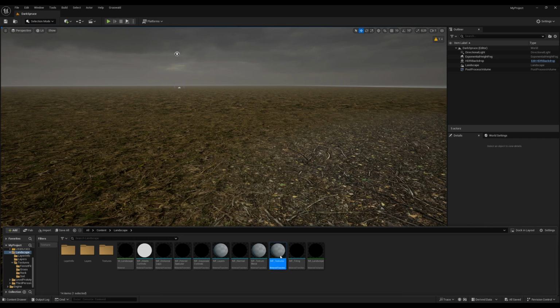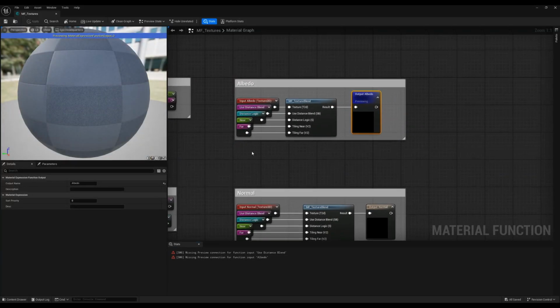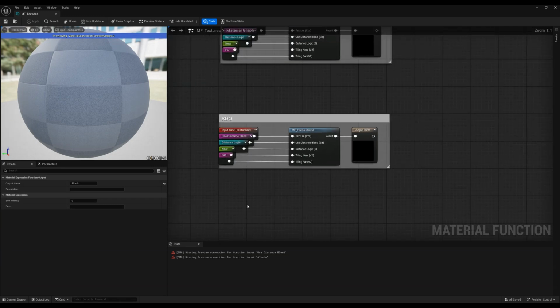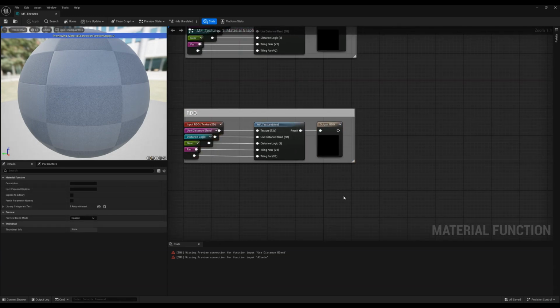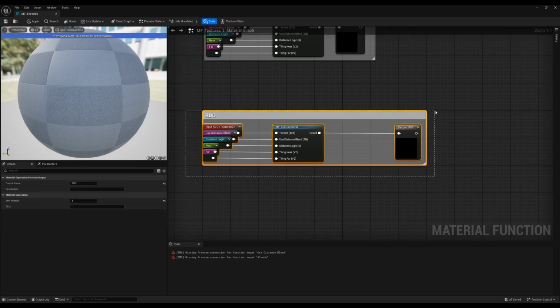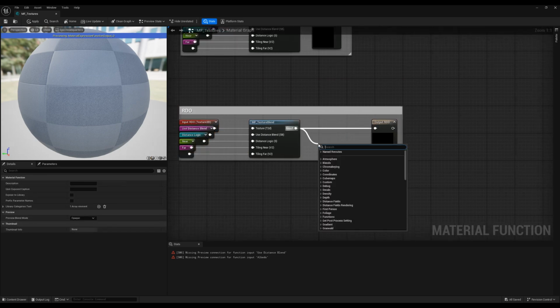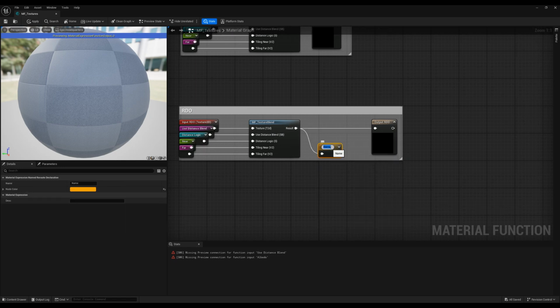For that, we need to open up our material function textures. We have the albedo, we have the normal, and we have the roughness, displacement, and ambient occlusion here, which is our packed channel, right? So what we need to do is reroute this stuff. So let me just press Q again, because I'm always going mental. Just drag out from here and add a named reroute declaration. I was just searching for that. And we call this one